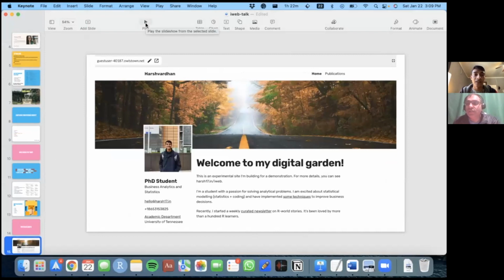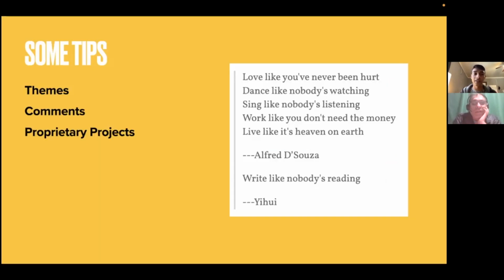Any questions? Perfect. So, some tips. I feel that people should not focus a lot on themes initially, on which themes look great and so on, because content is what really matters. Blogging is like running a marathon, and running after the themes is like running a 100 meter sprint. You will be very tired of choosing between the themes and tweaking the themes, and you would not focus on the content, which is the more important one.